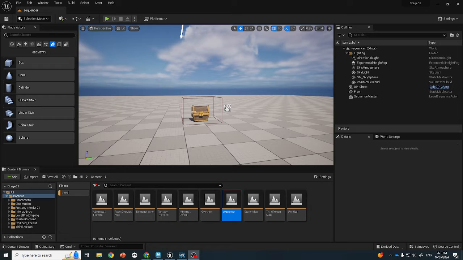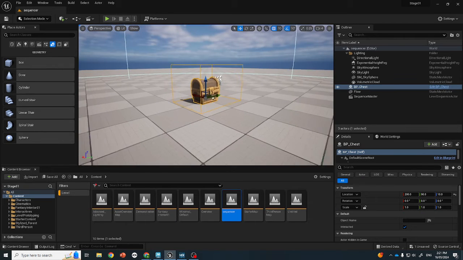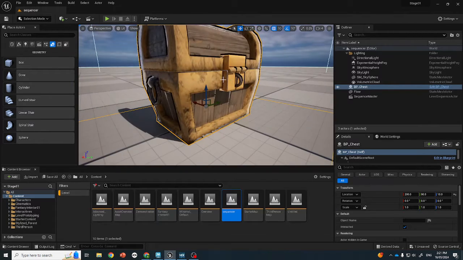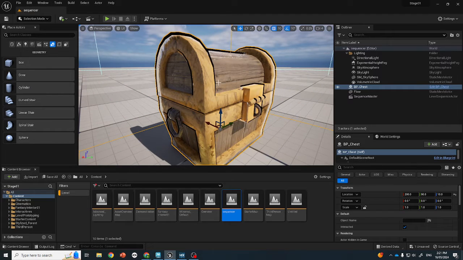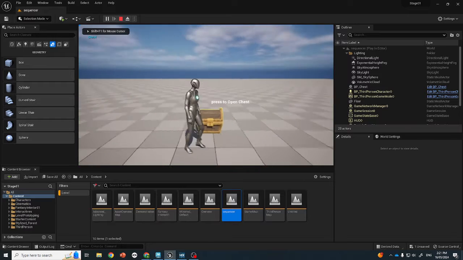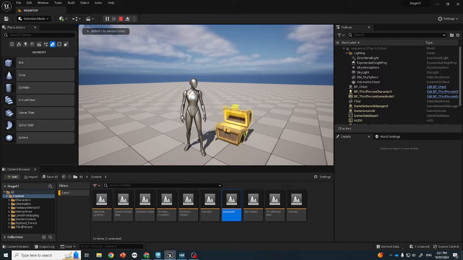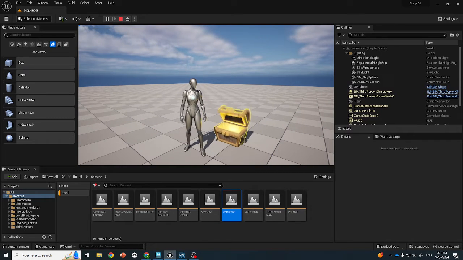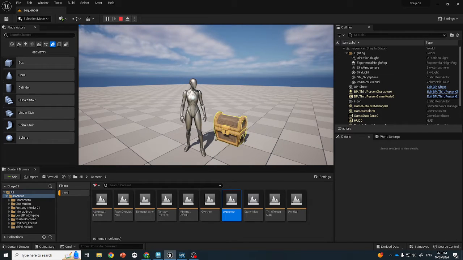So far what you've done is you've 3D modelled and UV unwrapped this chest. You've rigged and animated it inside of Maya and brought it into the level, and now you've got it so that when the character walks up to that, a widget comes up, you press a button and it opens, you press a button and it closes. So if you're that far in it, you've pretty much done the assignment, but we've added this extra part here